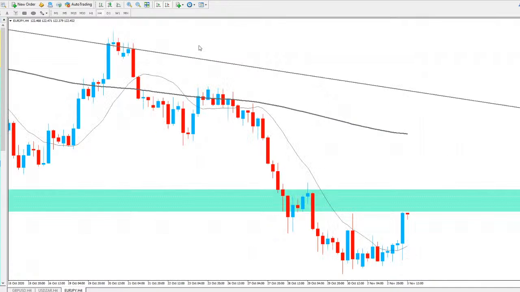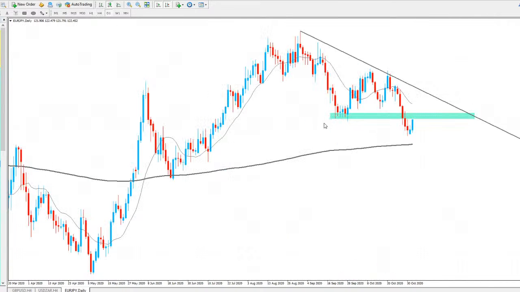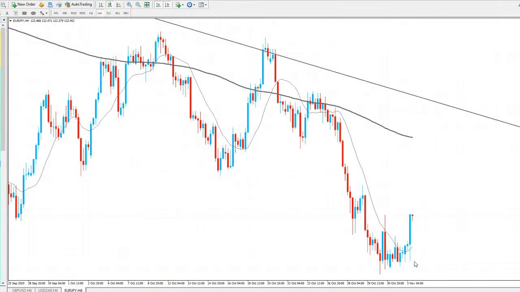On the 4-hourly, you can see a very strong candle to the upside there. Again, price has definitely found support in the market there. Could be seeing price continuing to the upside. As you can see, the momentum is definitely towards the upside there, unless we get another big bearish candle mirroring that same bullish candle and closing back to the lows. I'm probably expecting it to continue to the upside.